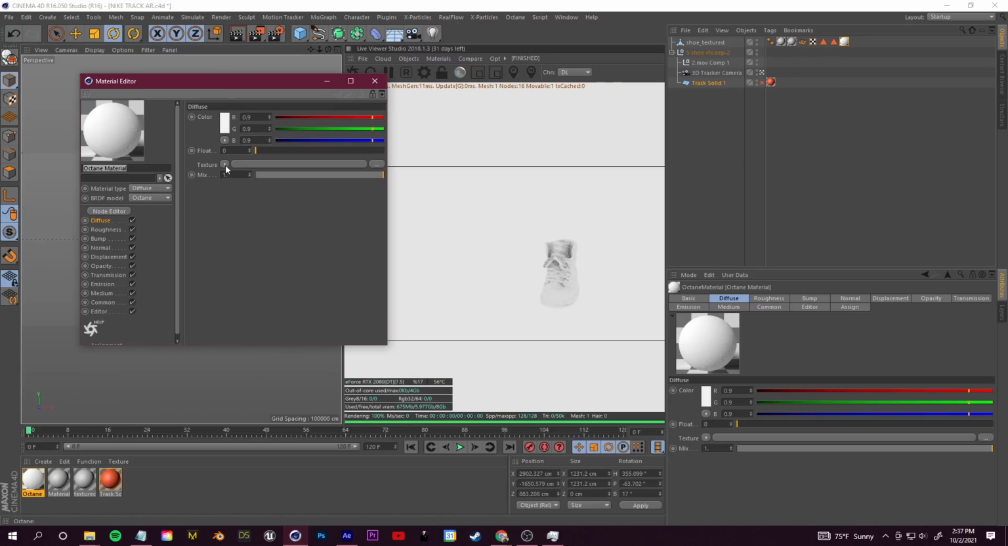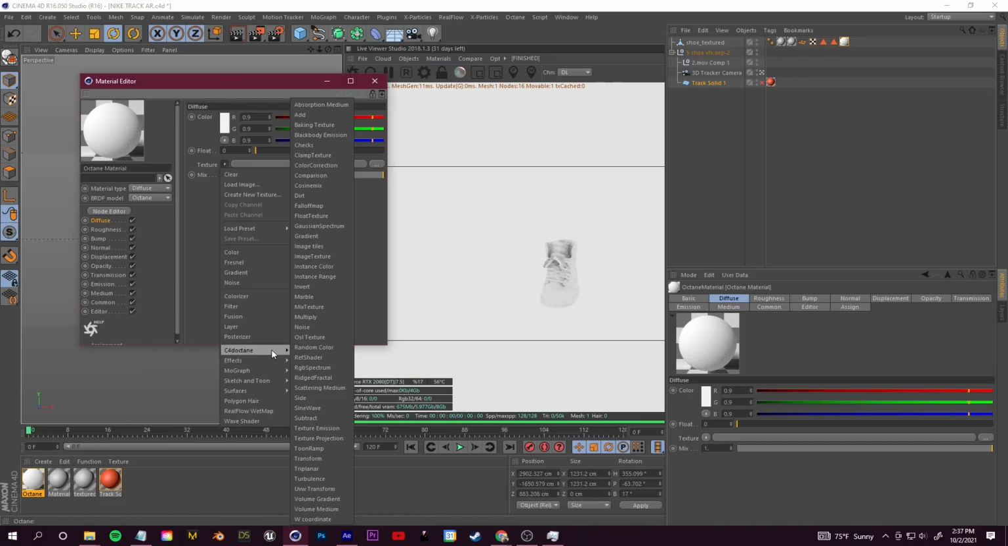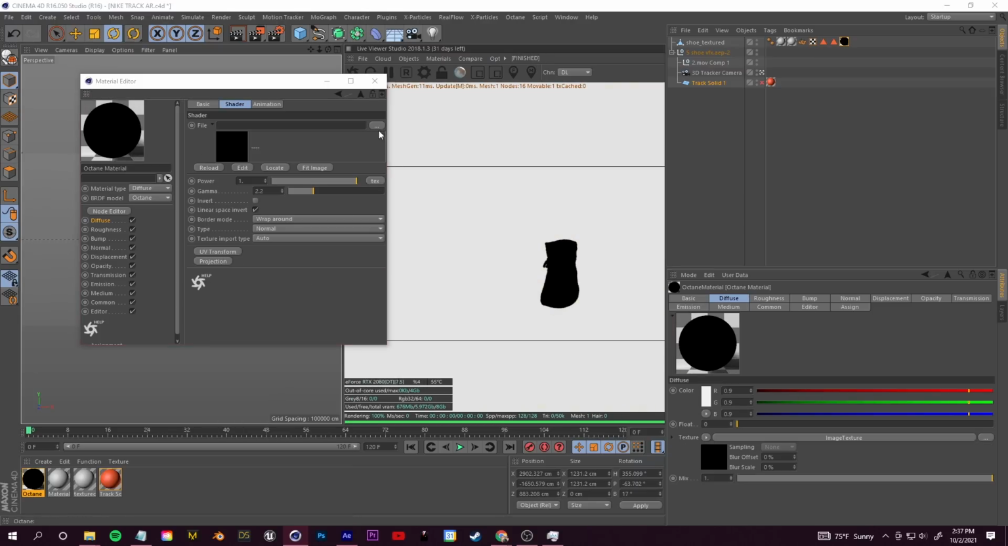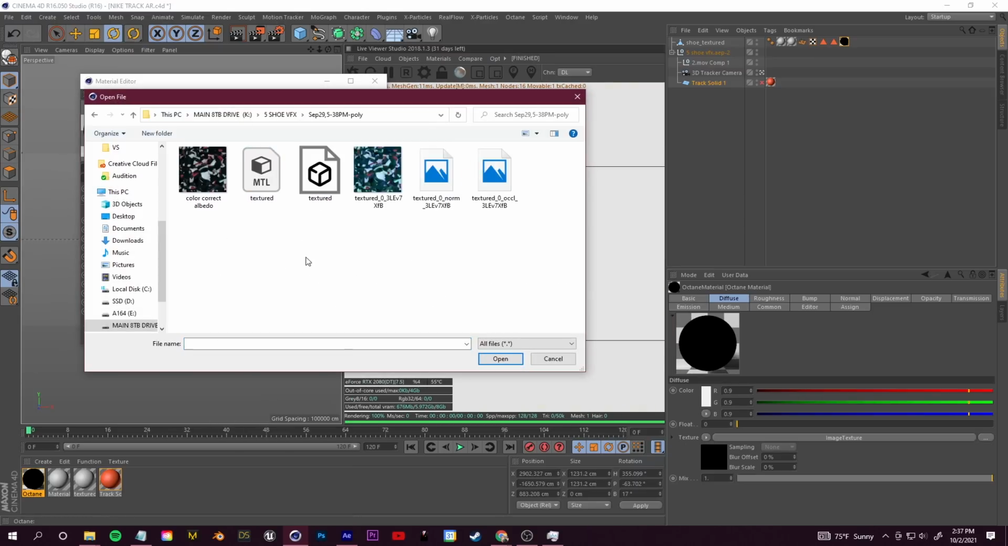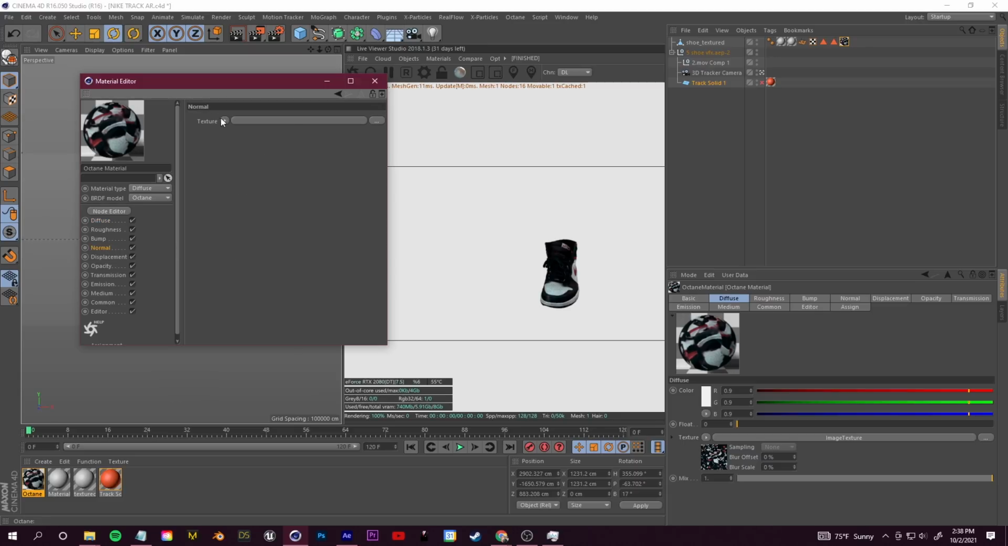And then in this material, I'm just going to start loading in the image textures for the shoe that we already have saved. So I'll just load in some image textures, and then I'll find where those are all saved. So we have a diffuse, we have a normal,